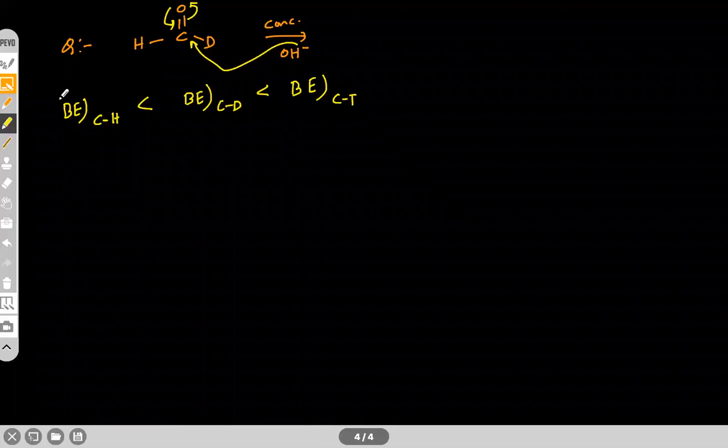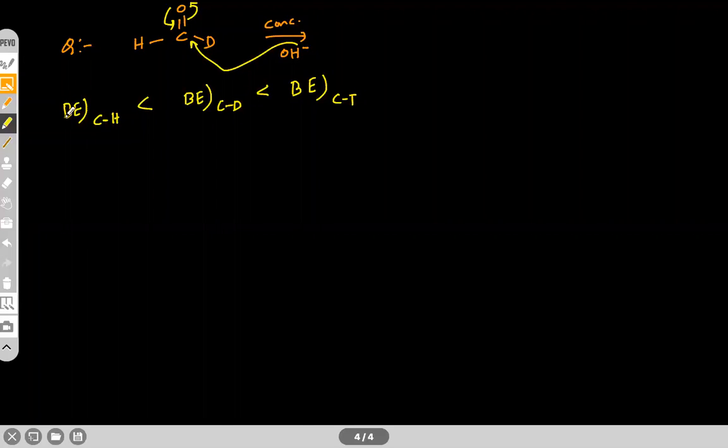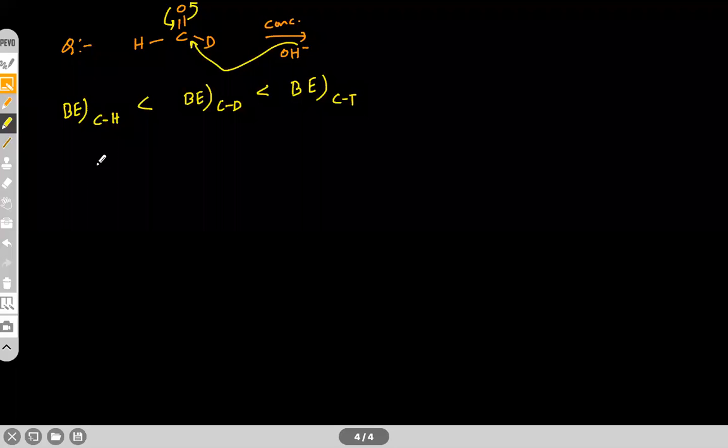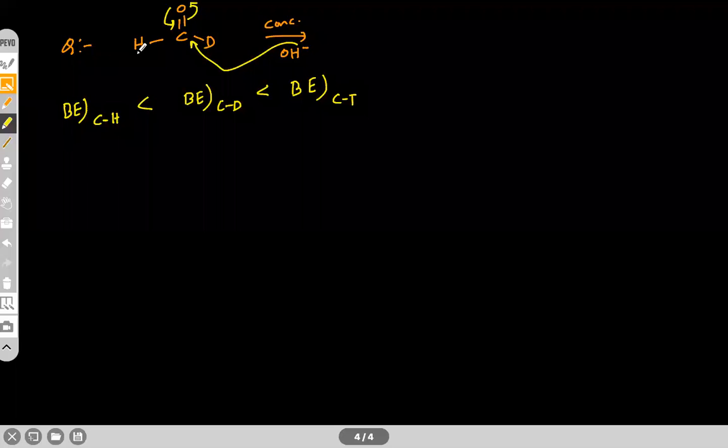Bond length is maximum in CH. That's why the bond energy is least. And hence, you see, CH3 shows more hyperconjugation than CT3, because the bond is longer and easier to break, right? So if you compare the carbon hydrogen bond and carbon deuterium bond, the CH bond is easier